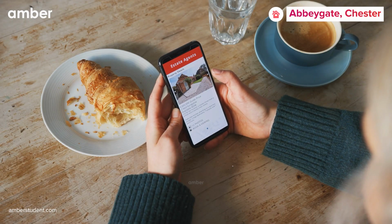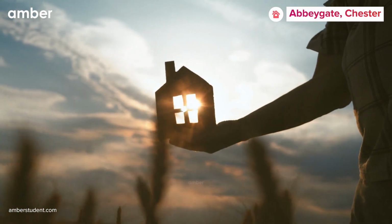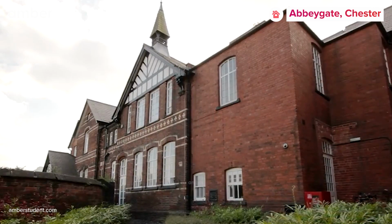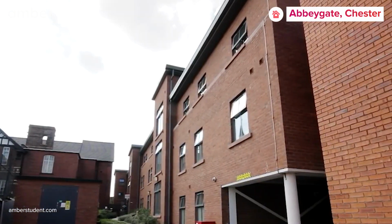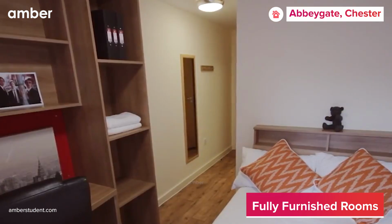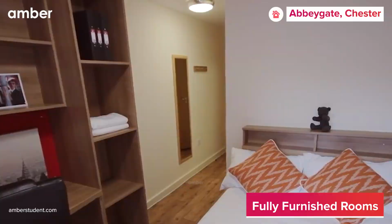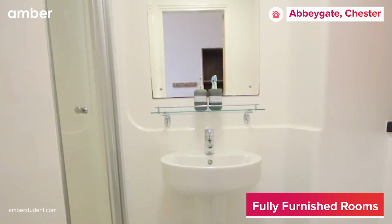It's time to upgrade your living situation, and we've got just the place for you. Introducing Abbeygate. Nestled in the heart of Chester, Abbeygate offers a fantastic collection of studios and ensuite rooms equipped with everything you need for a comfortable stay, including a cozy double bed, stylish wardrobe, study desk, ensuite shower room, and